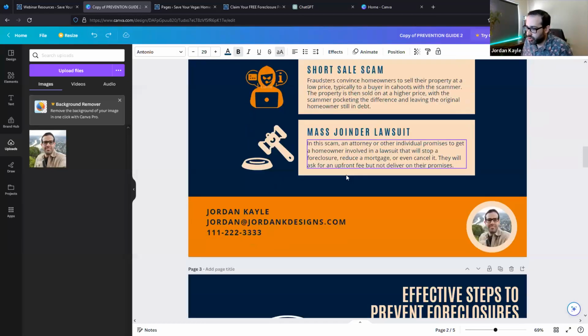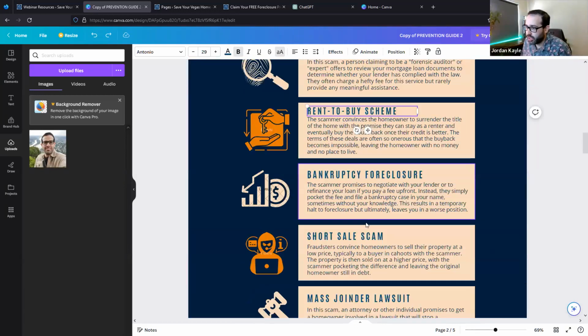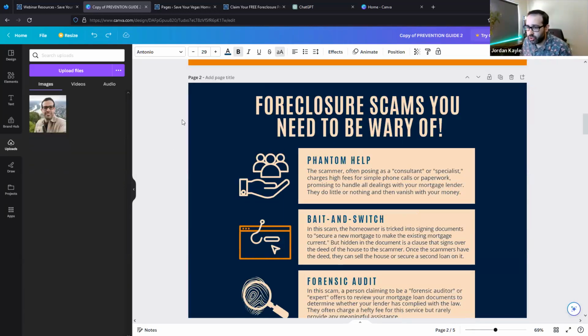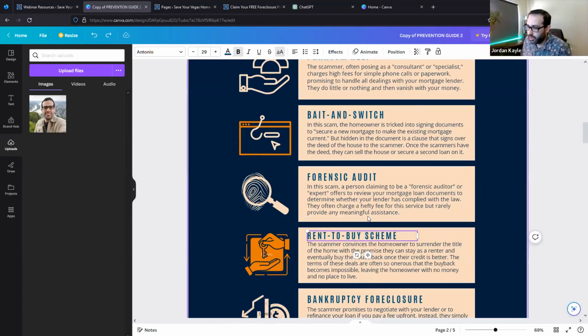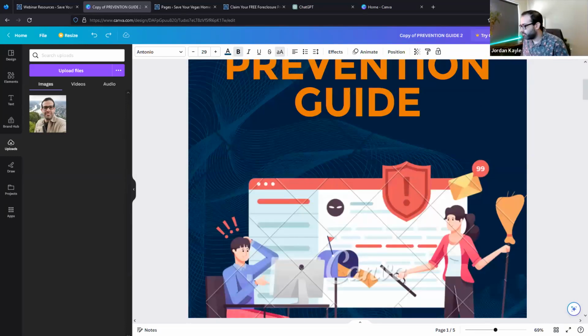So you can change pretty much any element on this guide. You can have a guide ready to use anywhere from a couple minutes to a couple hours, depending on just how much you want to customize. Okay. Now,